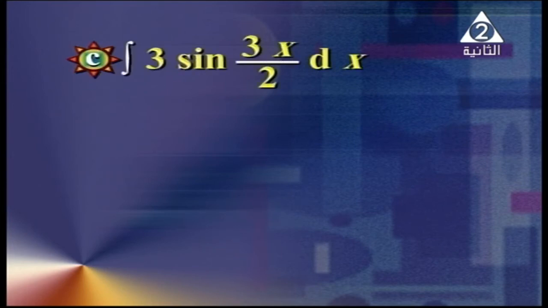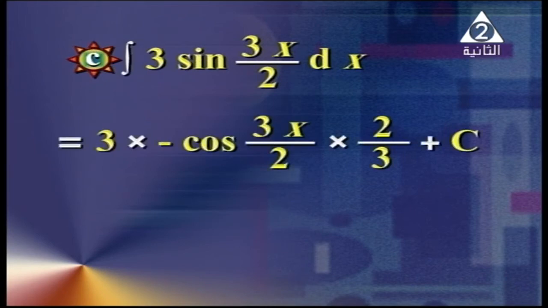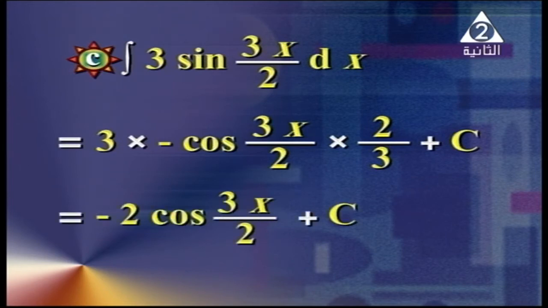Number C, integration of 3 sine 3x over 2 dx. So 3 is a constant. What is the integration of sine? Negative cosine. Sine of 3x over 2 equals what? Negative cosine of 3x over 2 divided by the coefficient 3 over 2, or multiplied by 2 over 3, the multiplicative inverse, plus c. Then the answer is negative 2 cosine of 3x over 2 plus c. Number D,